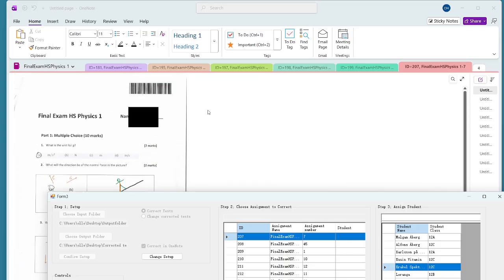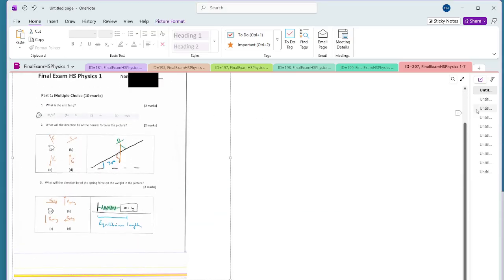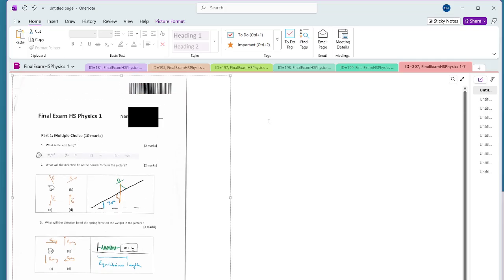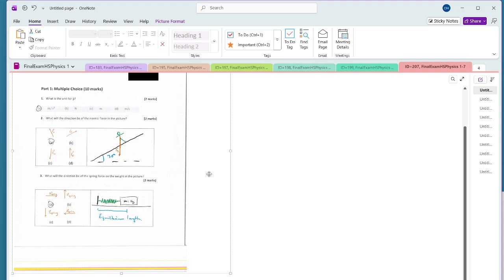In OneNote they're called sections, and then underneath we get, for each page in the test, a picture like this, and to the picture I also